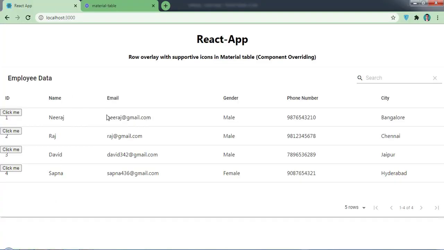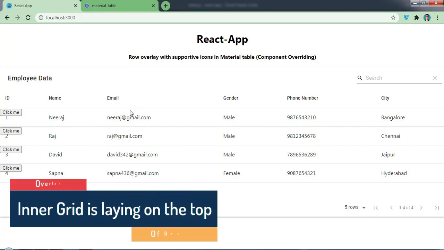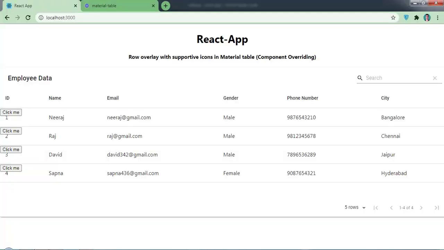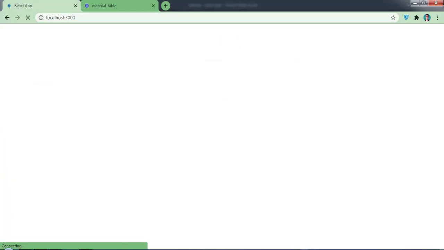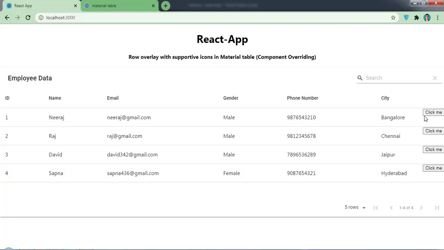Here you will be able to see it is not taking extra height because this button is now being on this row itself. So now let's come back here, and what we want to do is move this button to the right side. Let's handle that first. Here I can write the align property. So align, and I will call it right. Now save it and come back here. Now you will be able to see we are getting this click me on the right side.